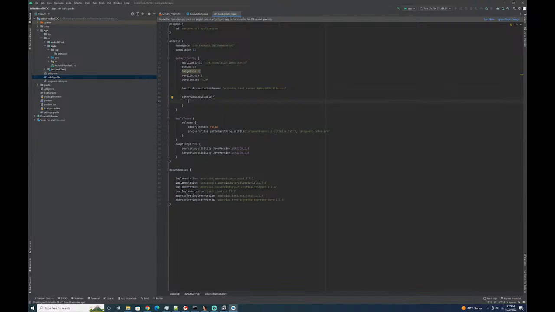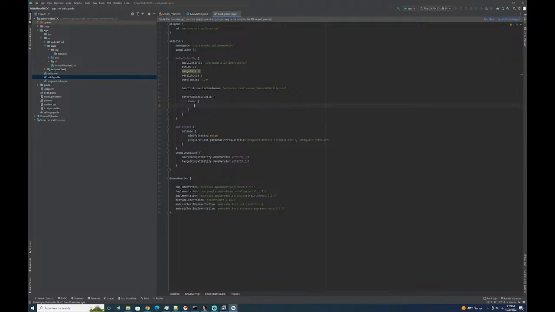This external native build needs to have a CMake file, which we will specify in a little bit. But for right now, we are going to leave this blank. We're going to give it C++ flags of nothing because this is a very simple shared object library that we're going to be doing. And then the other place that we need to have the external native build defined is